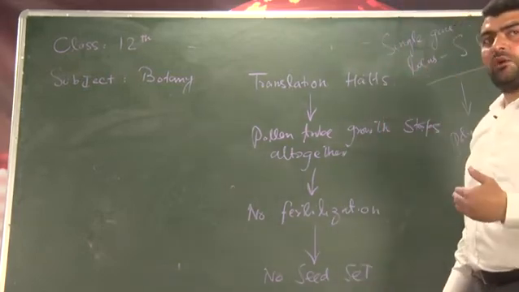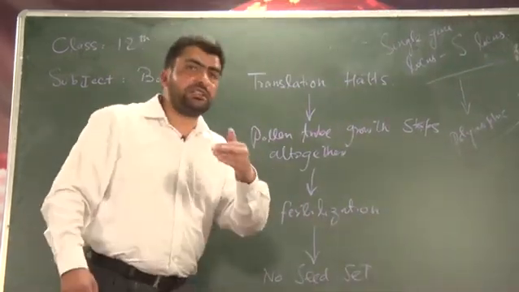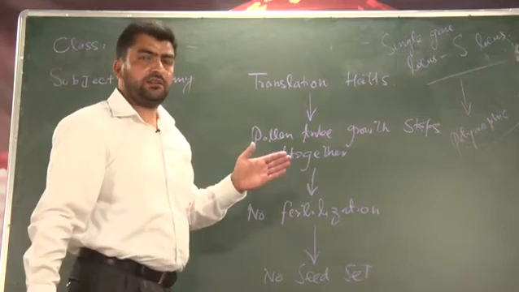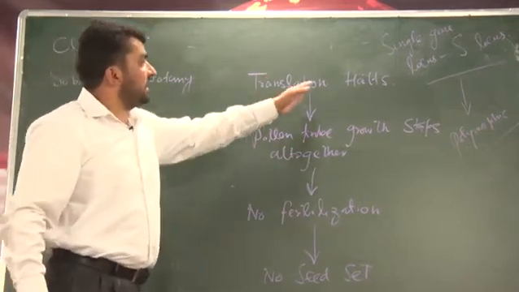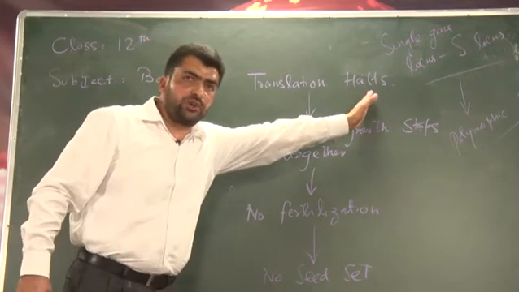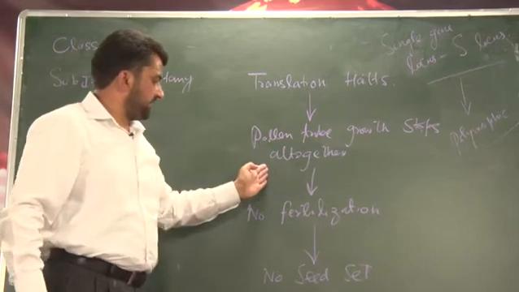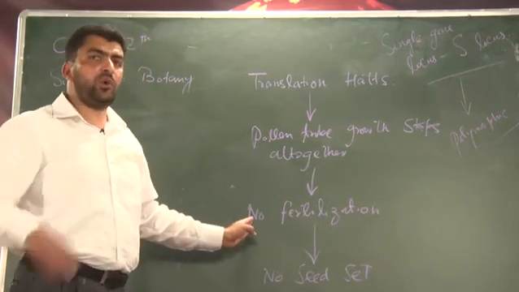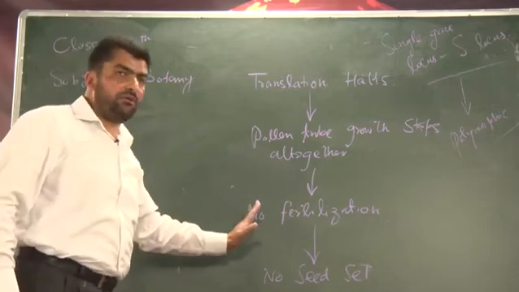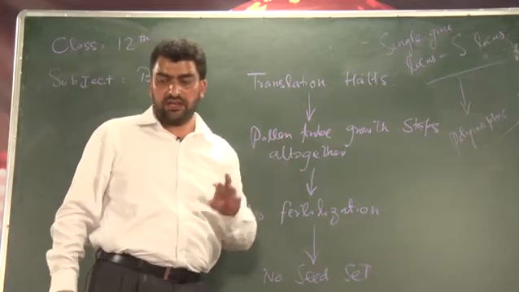As a result, it may bring about the degradation of the rRNA, and then translation halts altogether, then pollen tube growth stops altogether. That means no further passage, no delivery of the gametes, no fertilization and no seed set. This is one possible fate. The other is